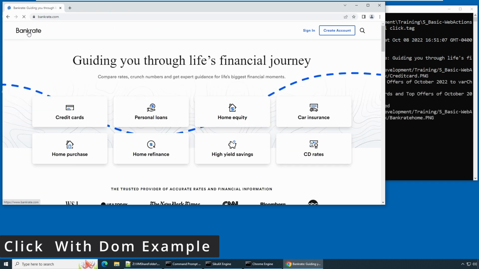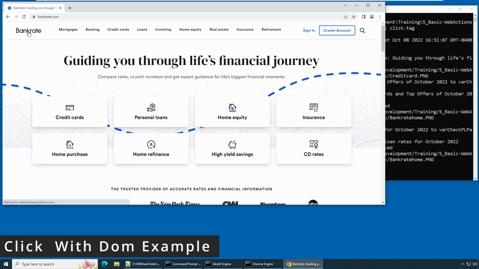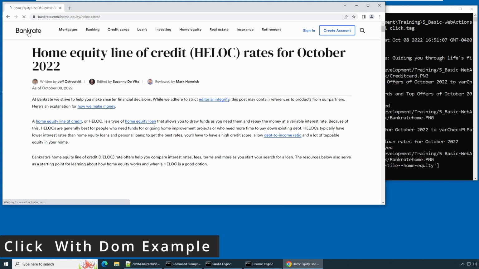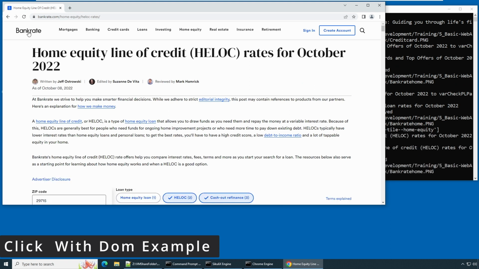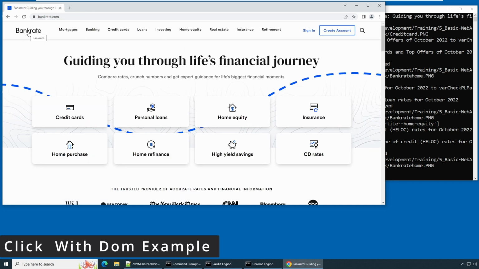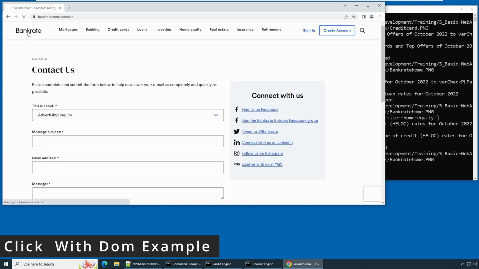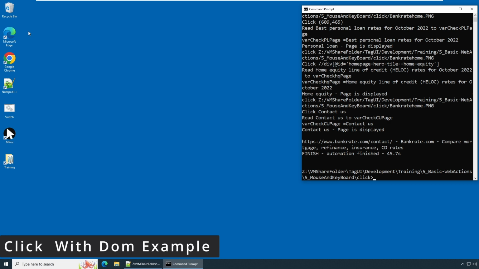Verifying credit card, verified, homepage click, personal loan page clicked, and bank rate is clicked, home equity XPath is clicked, verified, and it is going to contact us clicked, contact us page is verified, and finished. So this finishes the click